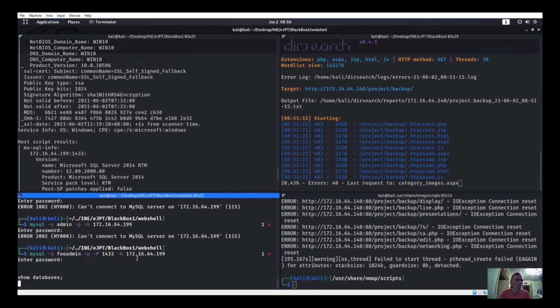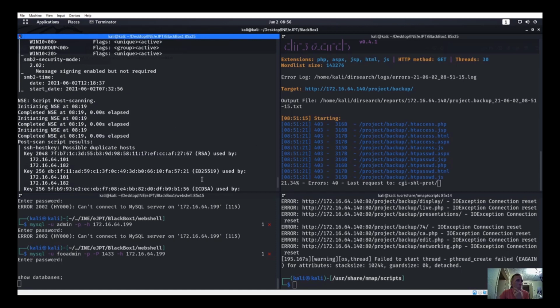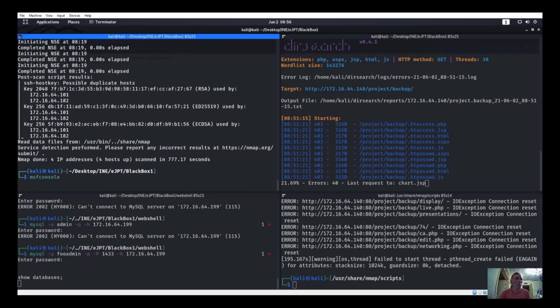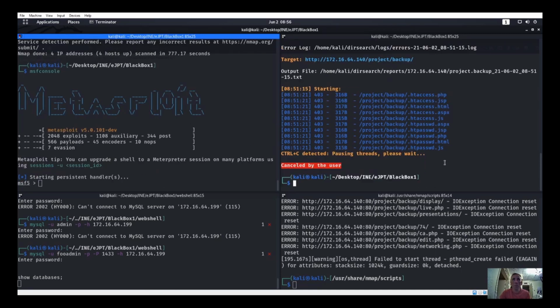That didn't work right there. Pretty sure for MySQL we can use that. I might just use Metasploit, just because pretty sure I can use that. So let's go back into MSF console and we can use auxiliary scanner MSSQL for something like this. We can actually stop this attack over here, so we can actually use auxiliary scanner